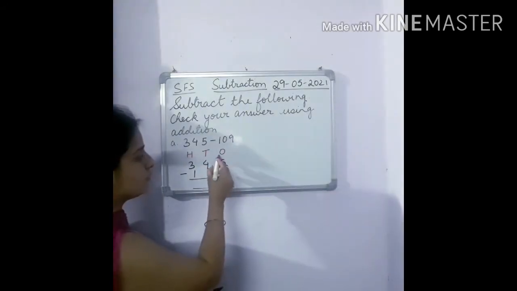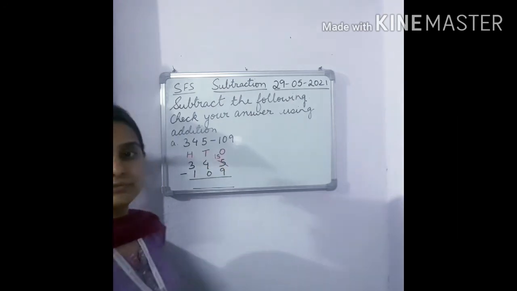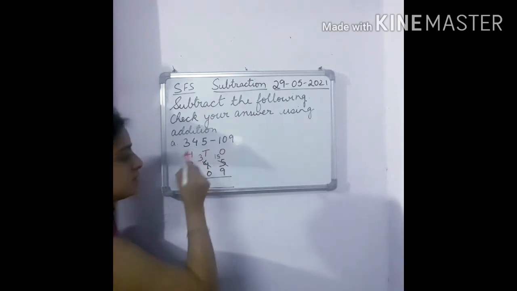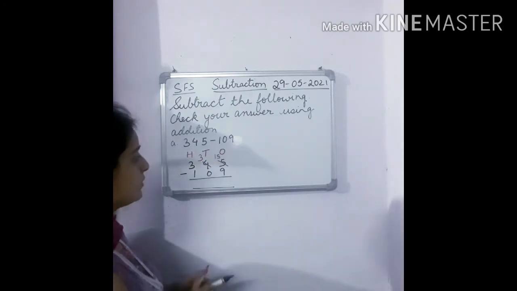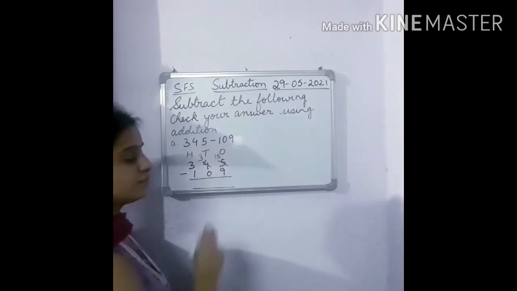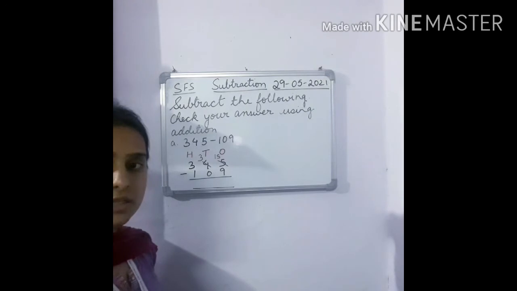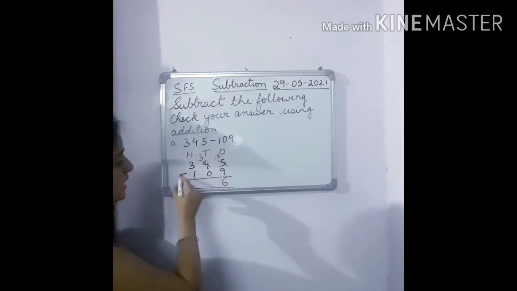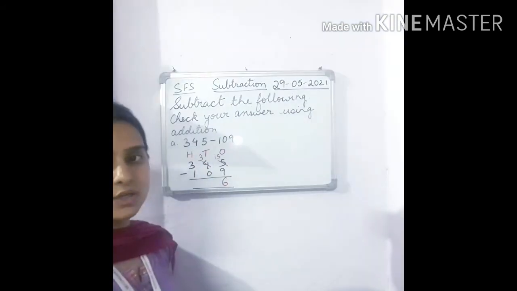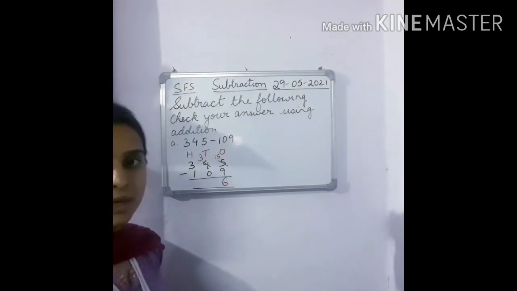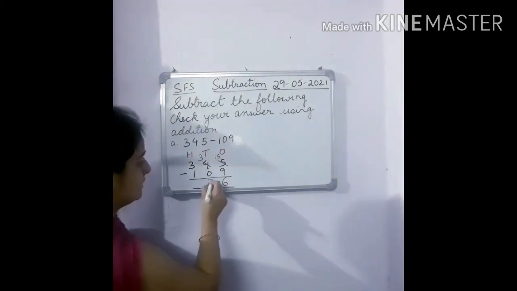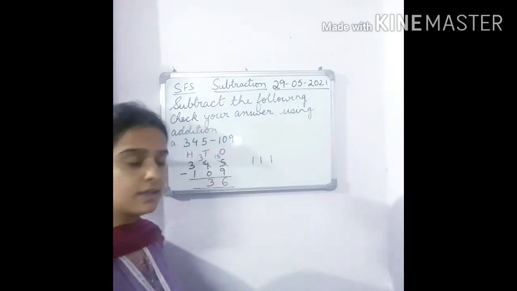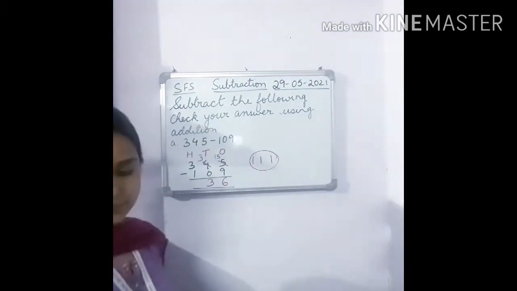When we borrow 1 from 4, 5 becomes 15, and one number reduces here. So 4 becomes 3. Okay, children? Now we can do the subtraction very easily. 15 minus 9. 15 minus 9 is what? 6. Very good. Next, tens place. 3 minus 0. When we subtract 0 from any number, children, the difference is the number itself. That is 3. If I ask you to subtract 0, 0 means nothing. That means what remains? 3 itself. Okay.